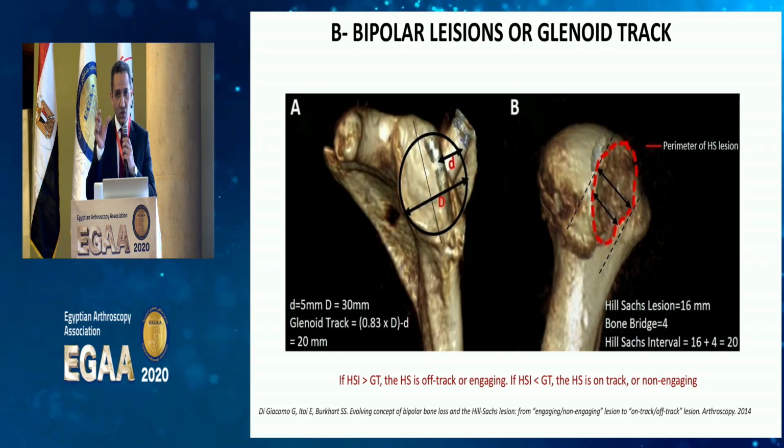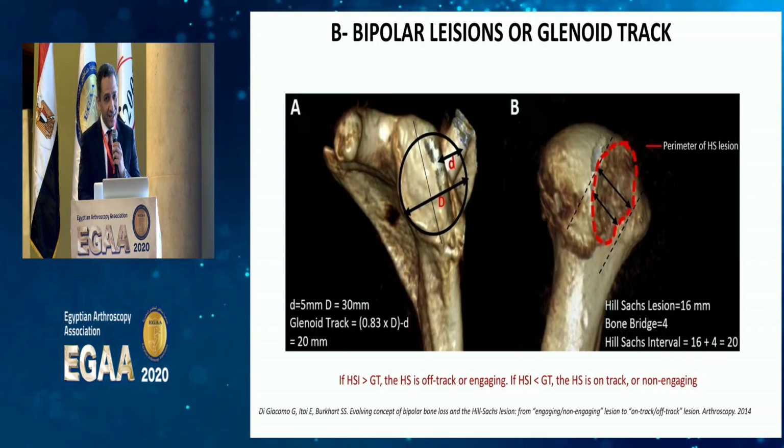And it is not only the Hill-Sachs that is important, it is the Hill-Sachs interval: we add the Hill-Sachs width plus the interval between the defect and the rotator cuff insertion, and this is the Hill-Sachs interval. If the Hill-Sachs interval is greater than the glenoid track,